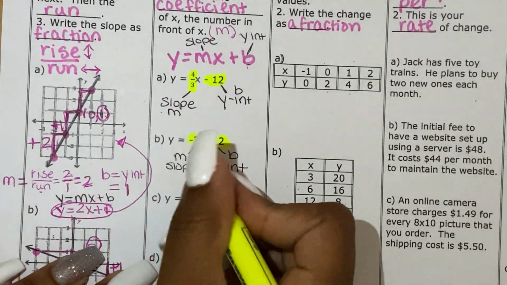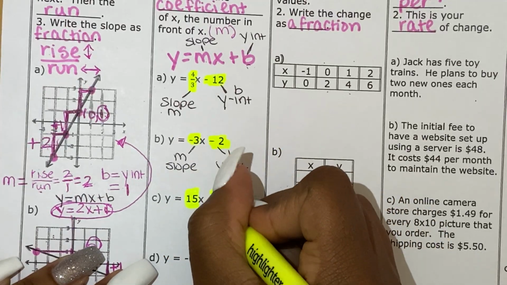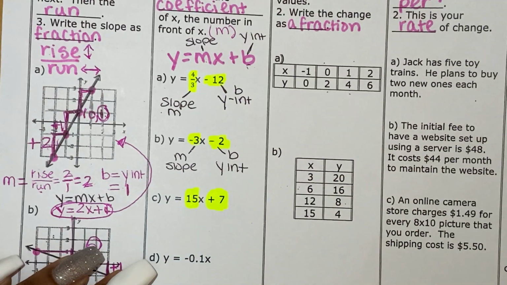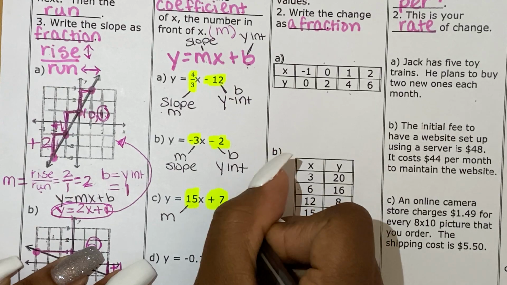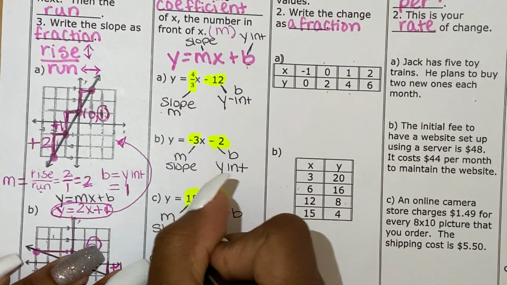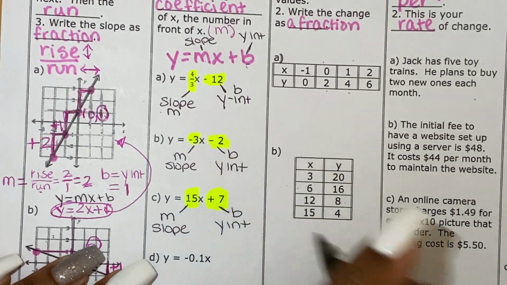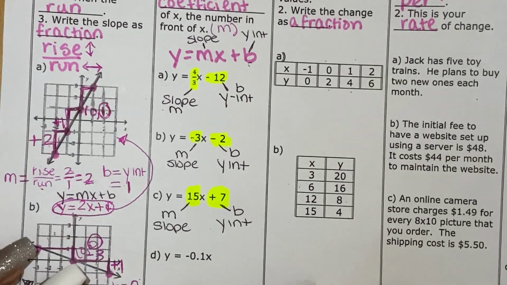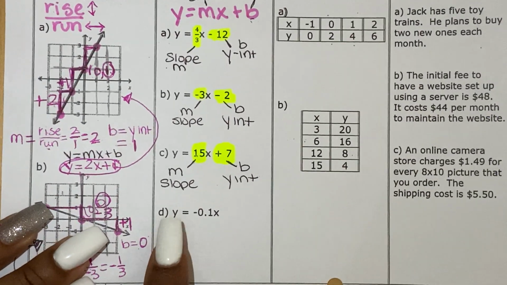Example C, y equals -15x plus 7. This 15 took the place of the m. 7 took the place of b. So that 15 has to be my slope, and that 7 has to be my y-intercept, or my b. Okay? And D, y equals